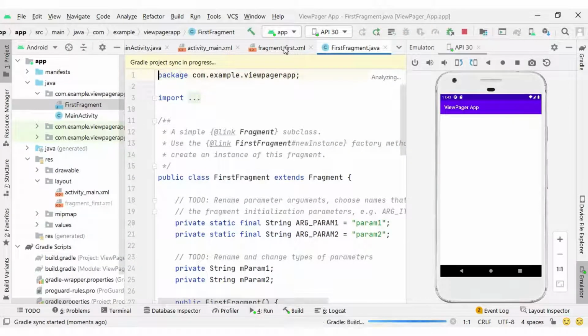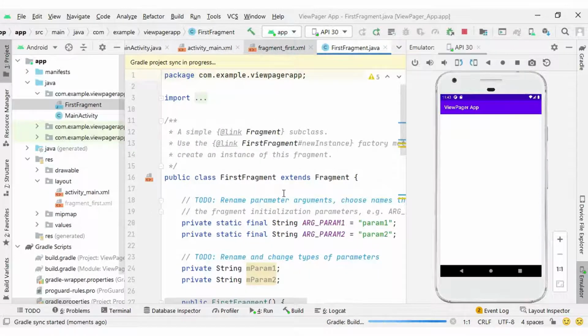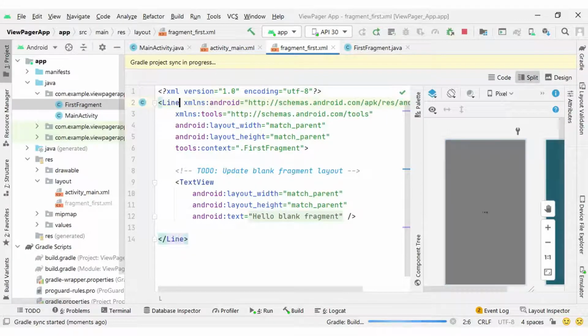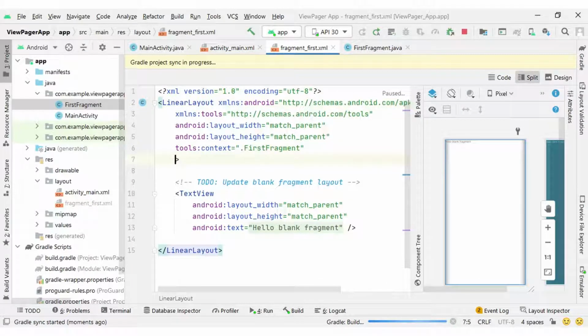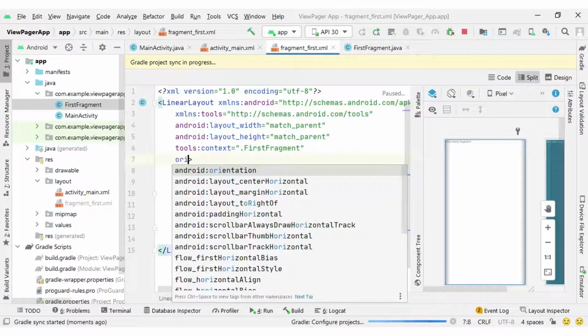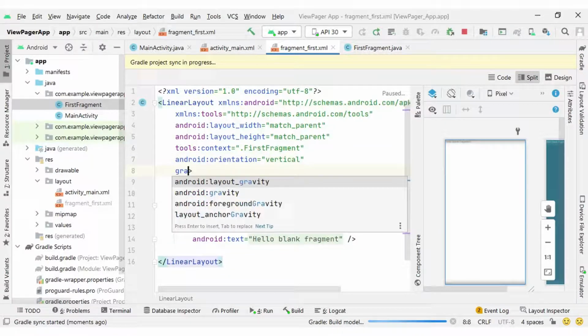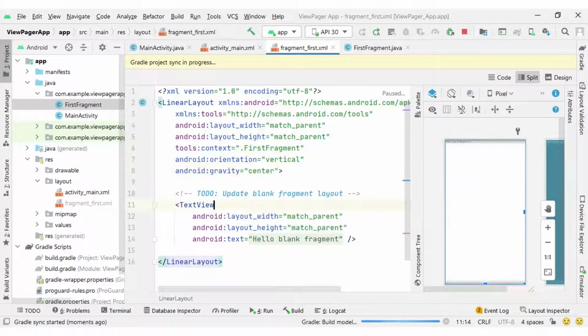With this first fragment, we are not going to design any UI, we are just going to have a color so that we can easily identify this fragment. So I have set a LinearLayout with orientation vertical and gravity center, and for that we will have a TextView.